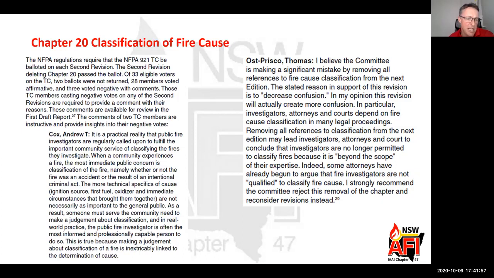Now, here's one. It is a practical reality that public fire investigators are regularly called upon to fulfill the important community service of classifying the fires they investigate. When a community experiences a fire, the most immediate public concern is classification of the fire, namely whether or not the fire was accidental or the result of an intentional criminal act. The more technical specifics of the cause, ignition source, first fuel, oxidizer,